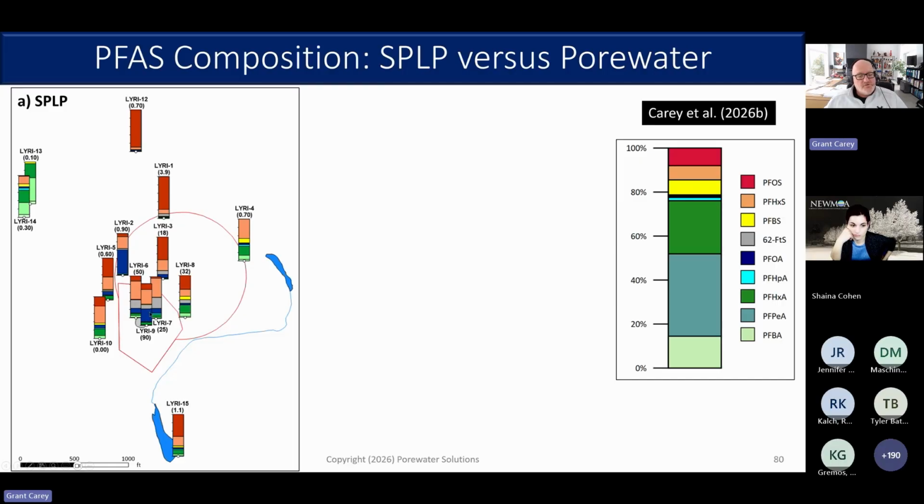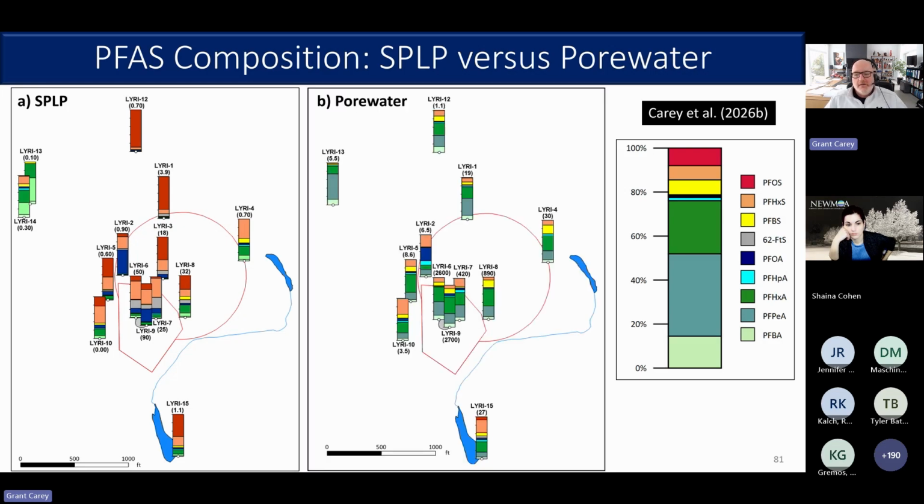There's a lot of dark blues. There's a lot of grays, the 6,2 FTS, the PFOA. And a lot of orange, the PFHxS. So a lot of the long chain species in the SPLP leachate. And that's pretty consistent with the soil concentrations. But it doesn't mean it's representative of pore water, because when we actually plot pore water, we see something very